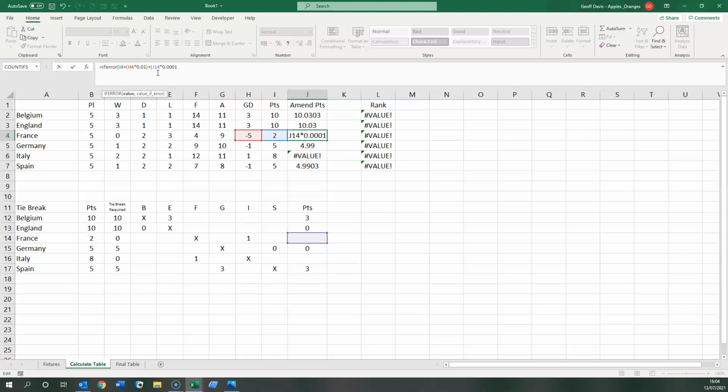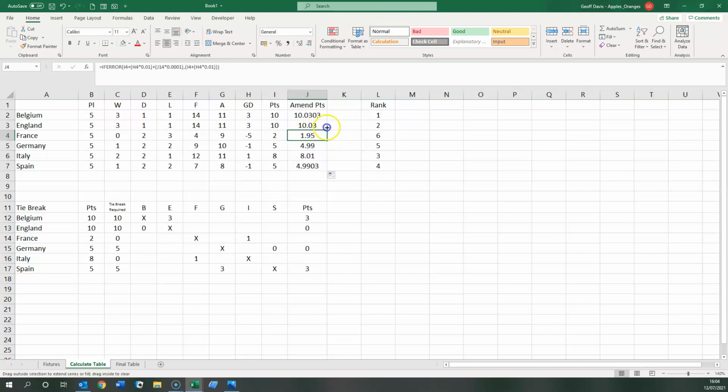So we want it to be that, but if it can't be that, then it's I4 plus H4 times 0.01. Oops, close brackets. Oops, found an error for us. Put in another bracket. Then if I just copy that down and copy that up as well,